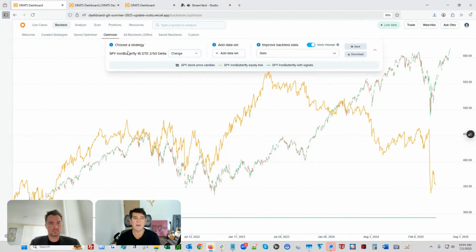So what we have here is a backtest overlaid on a candlestick graph of the SPY. This is just the standard 16 DTE iron butterfly with SPY. But what we could do is say, okay, let's